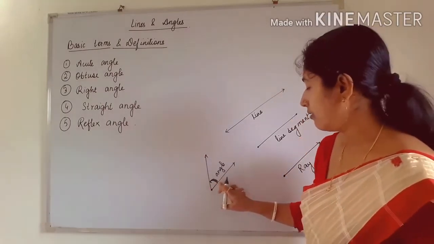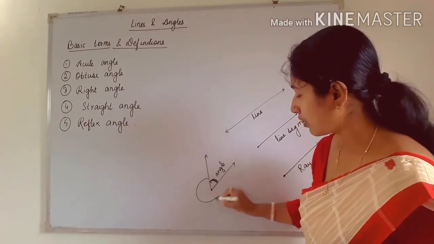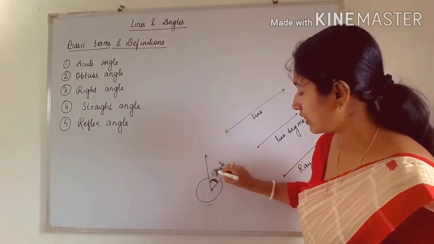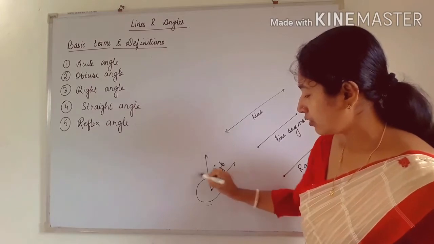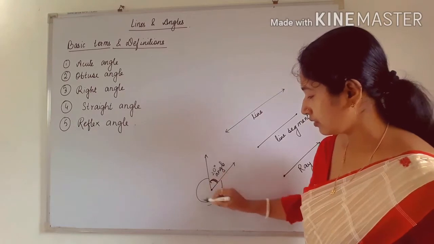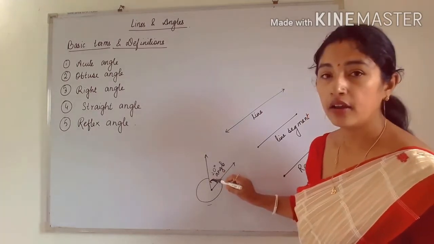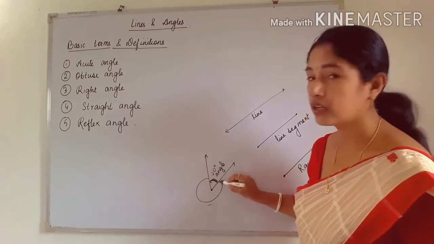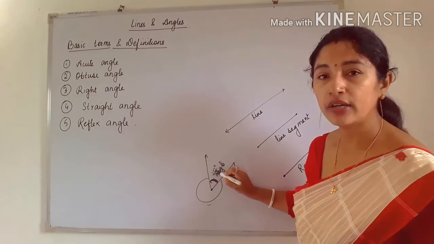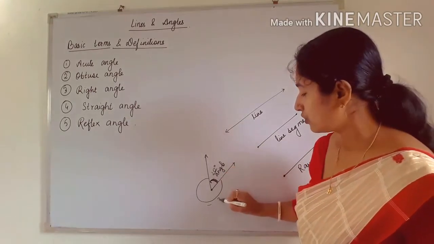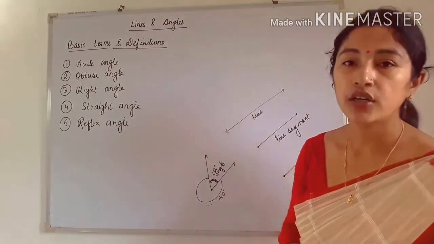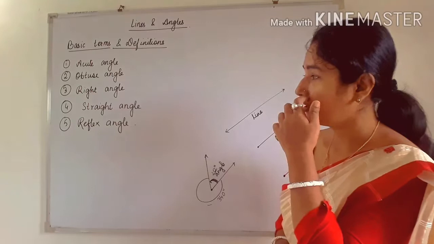See, if this is an angle, okay, the reflex of this angle will be this one. This whole will be what? The reflex angle. Okay. Suppose this is 20 degree. We know that the total angle at the center, we can say the whole angle, is equal to what? 360 degree, and out of 360 if we subtract the 20 degree from 360, we will get what? 340 degree. So we can say reflex angle of 20 degree is 340 degree. Okay, so this is about reflex angle.